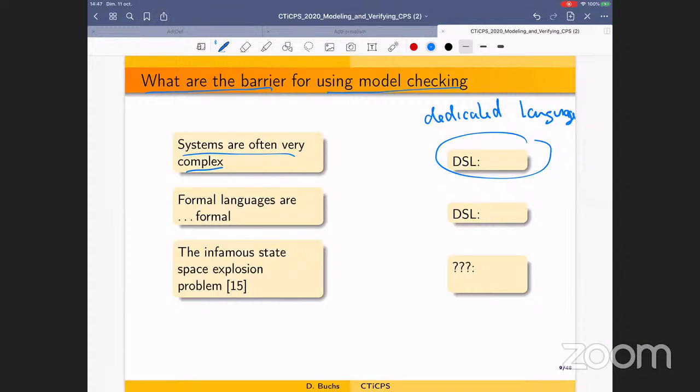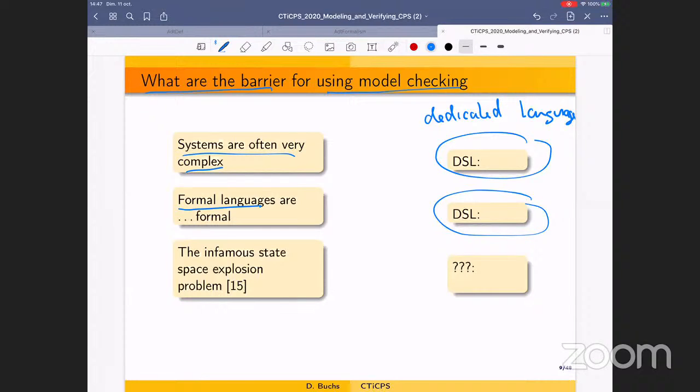The other problem which appears very often in engineering activity is the fact that formal languages are difficult to master because they are based on mathematics. Even if this mathematics is simple, it is often difficult to master, or it needs a long training before being used. So one idea could be that, based on the DSL, you avoid a little bit the complexity of this aspect.